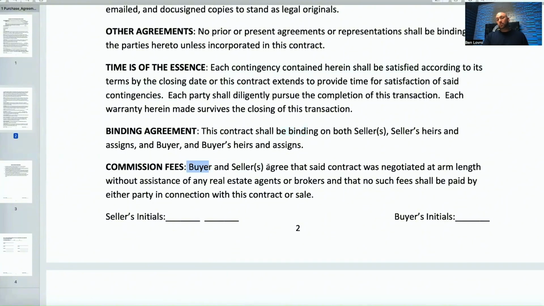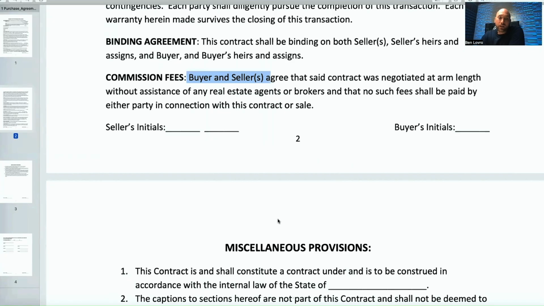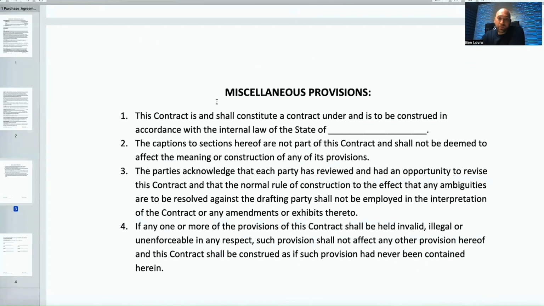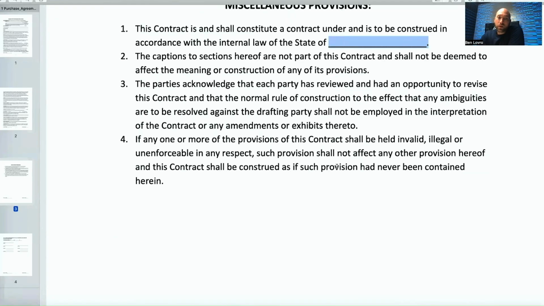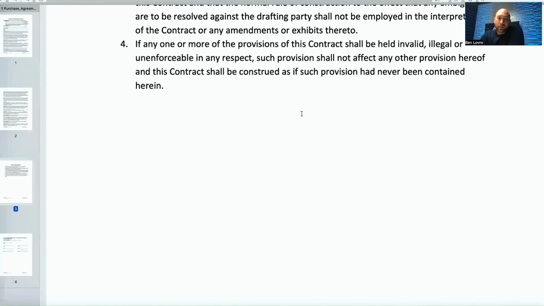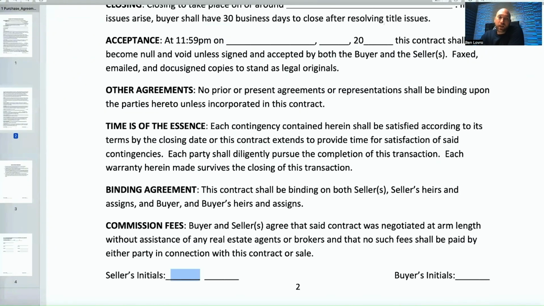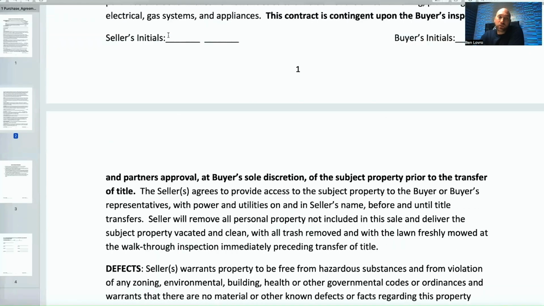Commissions and fees. Hey, there's no real estate agents involved in this transaction, and both buyer and seller agree that there was no assistance there within. We're signing the contract and agreeing to the terms on our own accord, right? Miscellaneous provisions, just saying, hey, a contract will be construed under the laws of whatever state you are doing business in. Pretty simple. And of course, at the bottom of every one of the pages, the seller initials, the buyer initials,